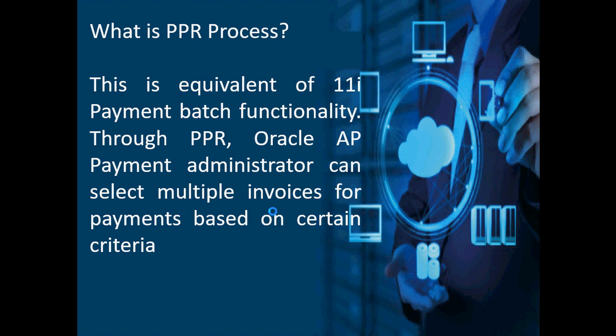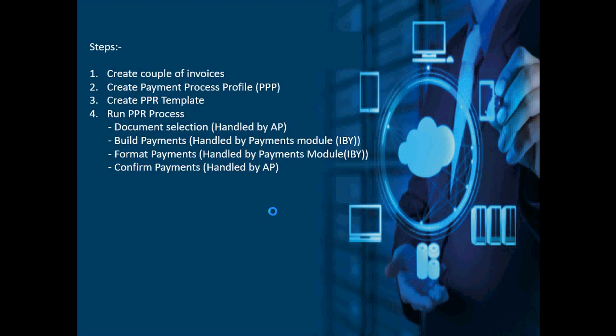Now, we can see what criteria a user can select in the PPR process. But before that, there are a couple of steps involved. First we need to create a couple of test invoices which are outstanding for payment, and then we can proceed with the creation of the payment process profile, followed by the PPR template, and then we'll proceed with the PPR process,